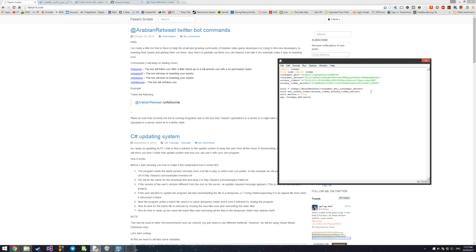Alright, so by now we should be ready and we should be just set to go. And just to know if we have successfully logged in or not, I'm gonna do a simple little print,